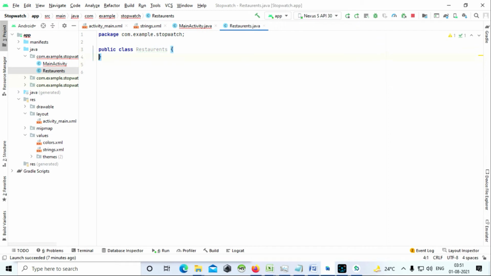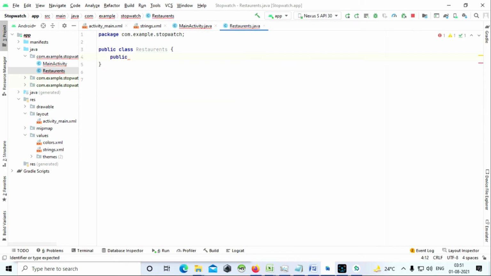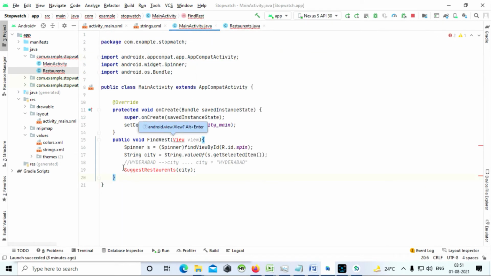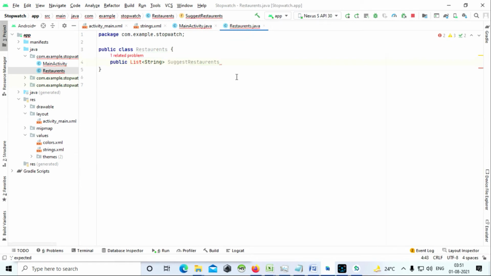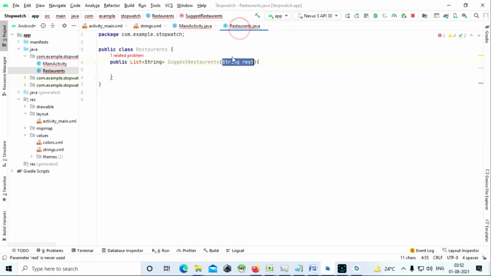Now in this you will write your code. Let us write our method. Public, this is going to be a List of String. What name we gave, come back here and copy this name. Let me paste it, and we are passing it the value String. Now why do I write String here? Please observe this. The parameter that we are passing to it is a String itself, right? So that's why I'm giving String here.